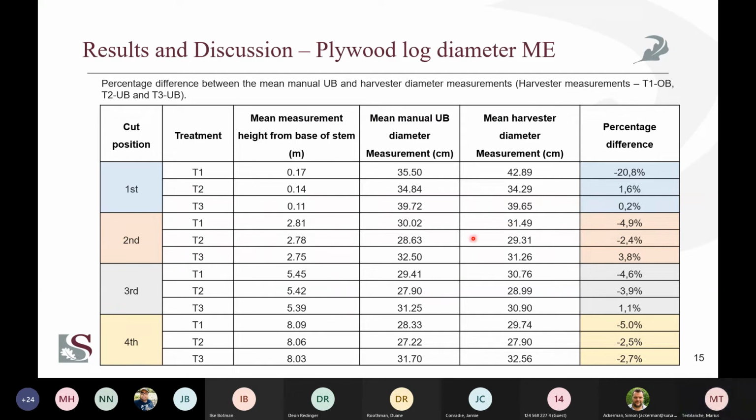So this is just a quick look. To get a better understanding of the log diameter estimation across the area of the tree where bark is thickest and changes rapidly, that 0 to 4-5 meters, we pulled the data for the plywood logs, as those were the logs cut on the lower part of the tree. So this shows